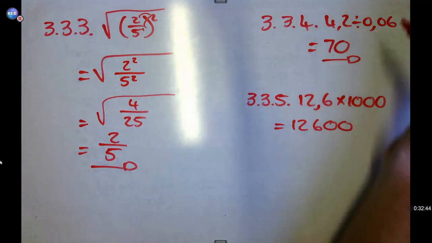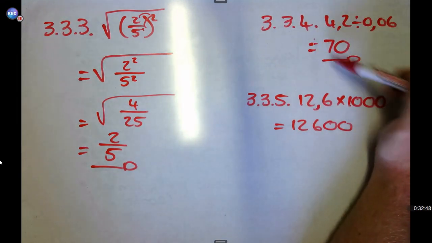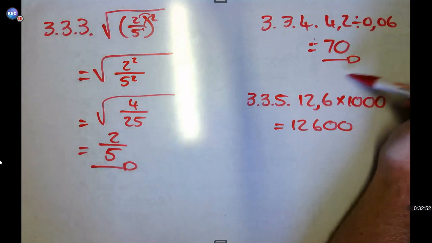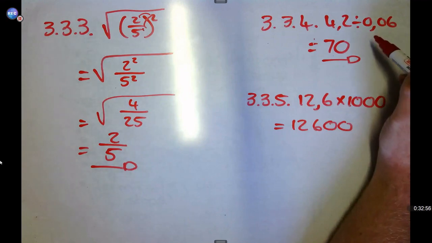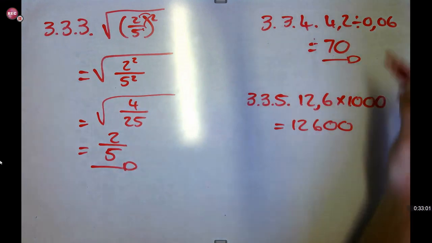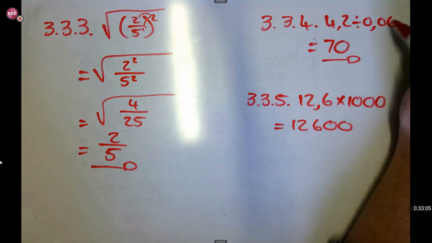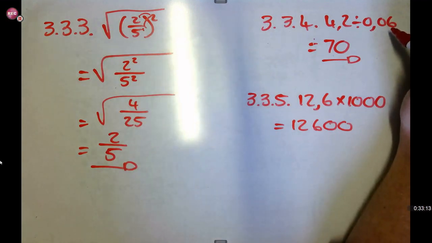Just to have a look at this question again. If you do it manually and not with your calculator, I'm going to just complete it here quickly. You will then move the comma up, the amount of spaces with regards to the decimal fraction that has the most decimal places.